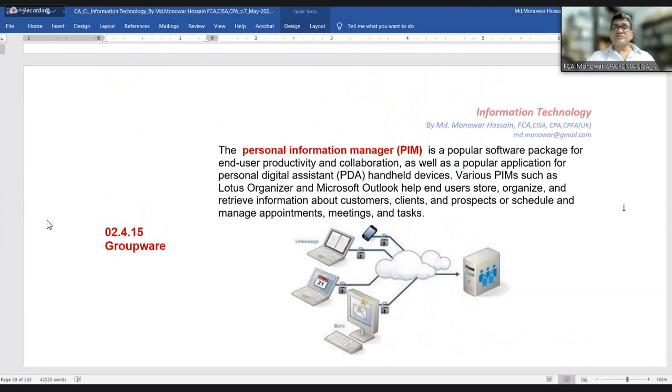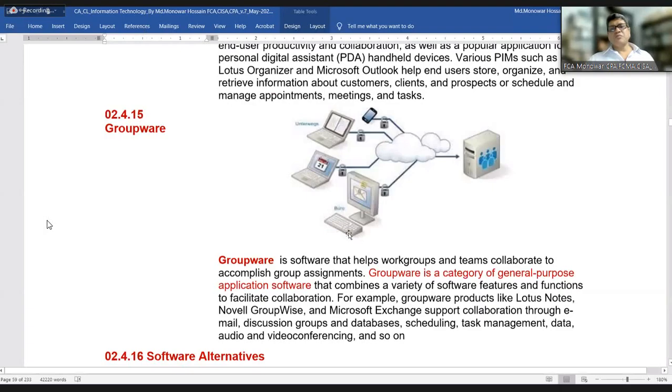Various personal information management tools such as Lotus Organizer, Microsoft Outlook, etc. Also, Google helps with that type of thing, giving storage, an organized way, video conference, everything within there. And groupware means within the group. Groupware is software that helps groups, that means working groups, work groups, and teams, collaborate to accomplish group